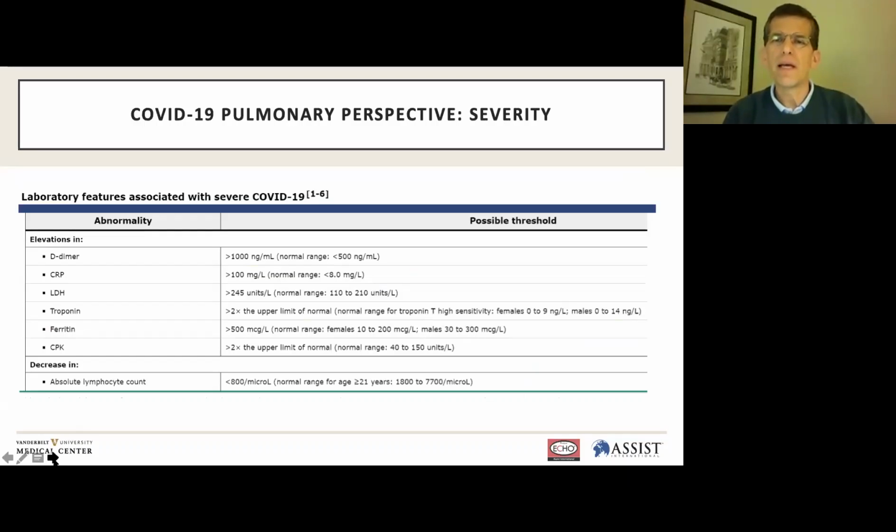We typically assess severity also with some types of biomarkers. This may not be available everywhere, but when available, may help you categorize and stratify your patients for high risk. Those presenting with elevated D-dimer, CRP, LDH, elevated troponin, ferritin, or creatine phosphokinase may be at higher risk. An absolute lymphocyte count that's low also is associated with greater risk. Next slide,